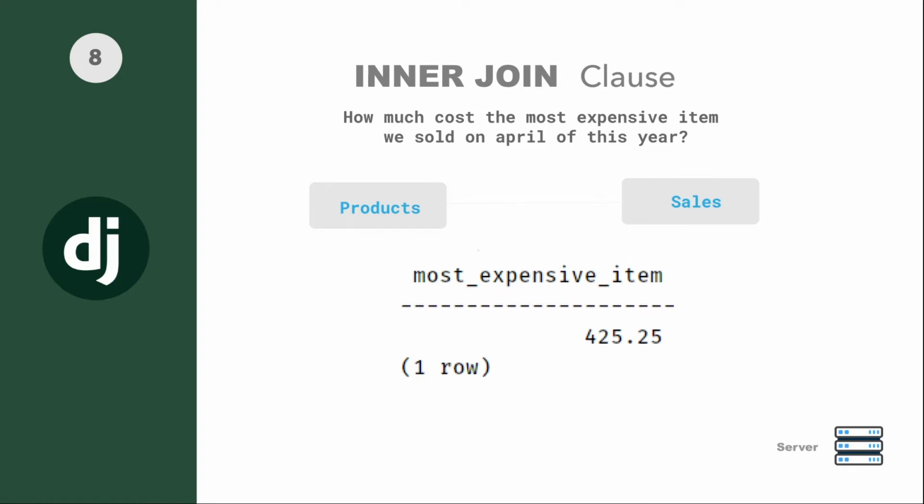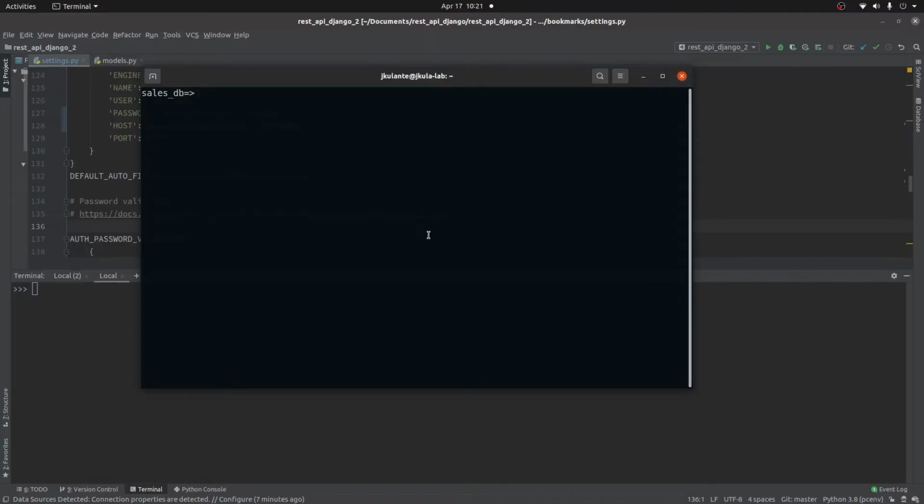For example, we need to select the requirements which states how much cost the most expensive item we sold on April of this year. So which was the most expensive item sold on April of this year? So that's the requirement that we'll be using to query data both on SQL and the QuerySet in Django Web Framework. So we start with SQL, select the max P price as most expensive item from